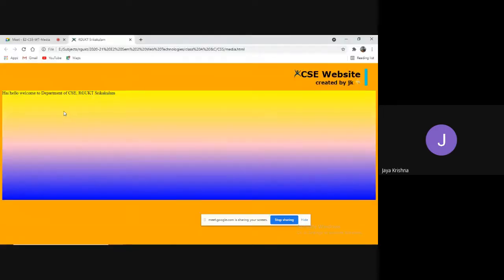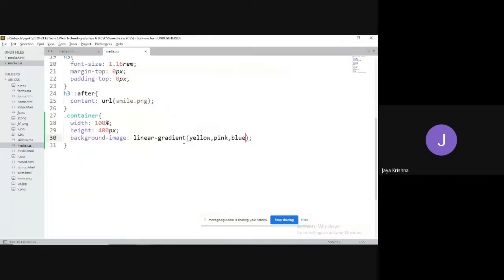So guys, what happened? We got this kind of section. This is the advantage of linear gradient: smooth transition between yellow to pink and blue color. This is what we call even distribution also. For this text, I would like to apply some properties.